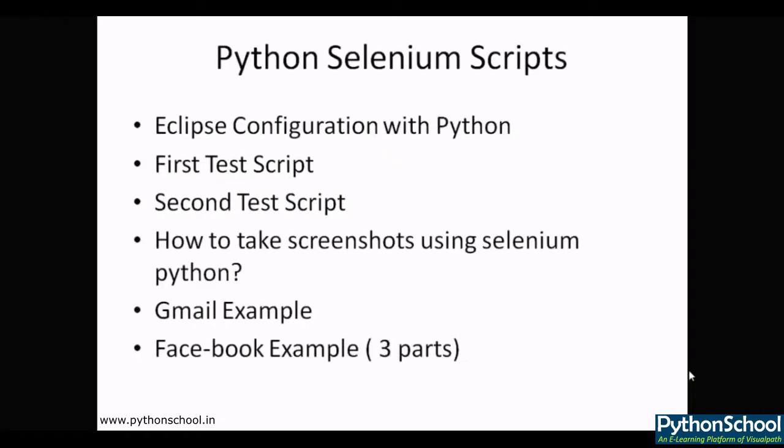Now we look at Python Selenium scripts. First thing is Eclipse configuration with Python. So how can you configure Eclipse with Python? We look at first test script and second test script. How to take screenshots using Selenium Python. We look at Gmail example. We look at Facebook example. For this Facebook example, I had divided into 3 parts: